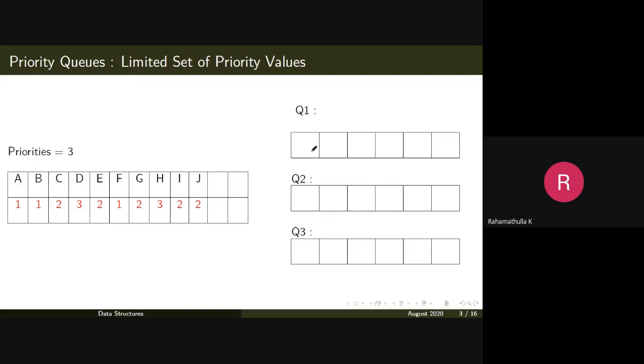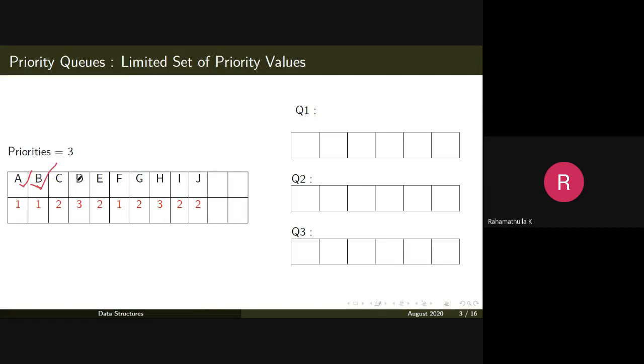But if we have two elements with the same priority, for example A and B, then these elements will be considered in FIFO fashion. So element A is the first element, B is the next element, both have the same priority, so A will be considered first, then B.